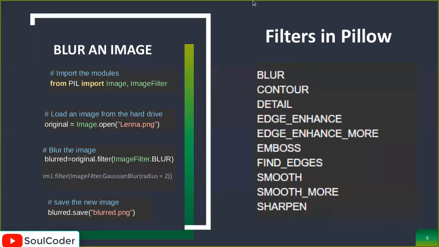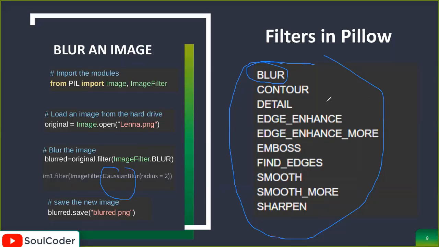Now this part. How many filters do we exactly have? For example, we already used this blur, and we also used the Gaussian blur from here. We can try everything one by one, but I will not try everything. You try it. There are some beautiful ones, just like emboss here. It is a very good filter.